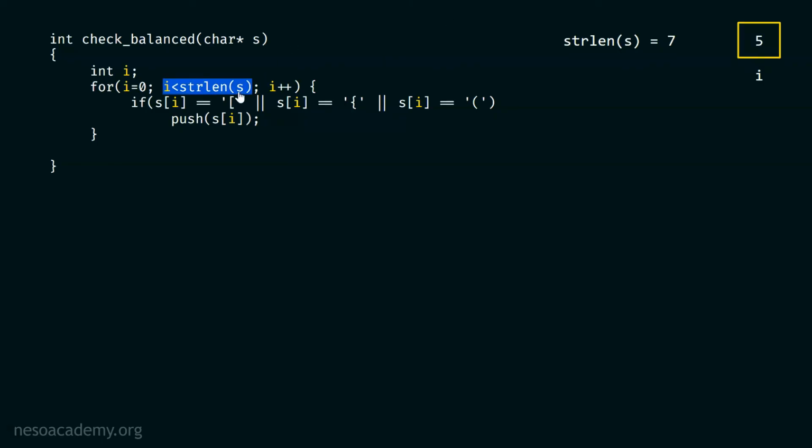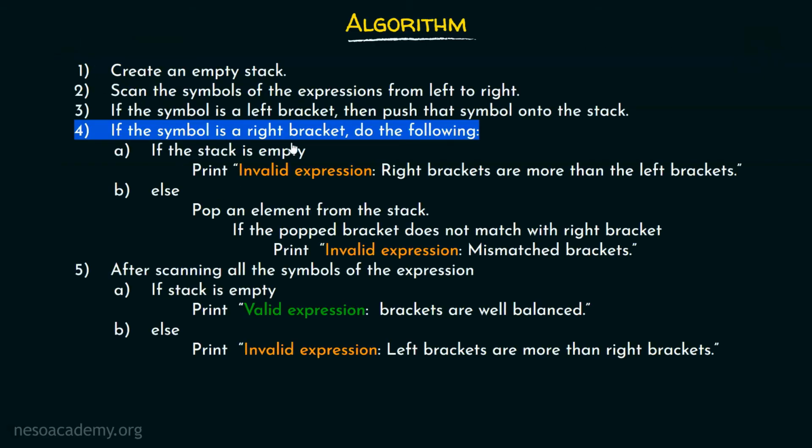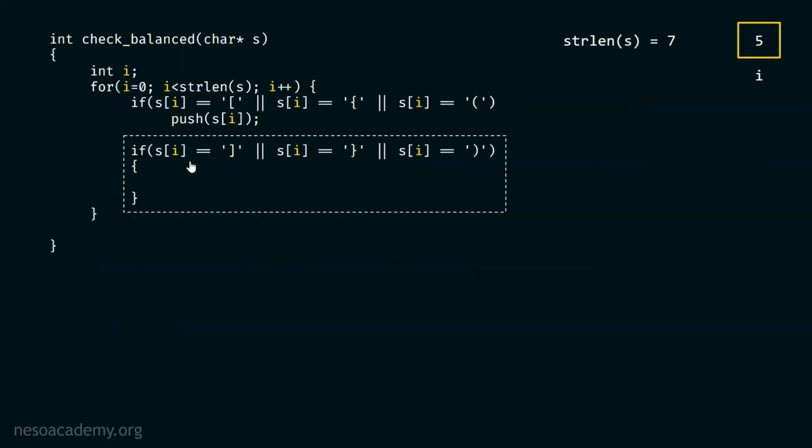Now again, we know this that 5 is less than 7. We must continue. But we need a different condition to handle that. We know this that now we have encountered a right round bracket, correct? Of course, if the symbol is a right bracket, then we have to do the following, which means we have to put this condition. If SI is a right square bracket or right curly bracket or right round bracket, please remember this that we are considering these 3 different types of brackets, okay? There might be some more brackets, but we are considering these 3 brackets only for the simplicity purpose, okay?